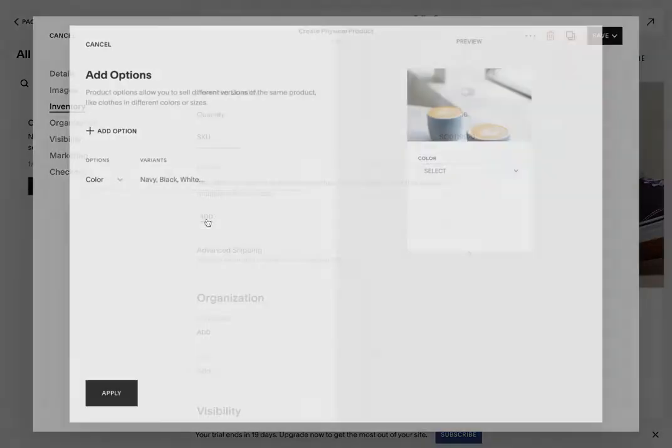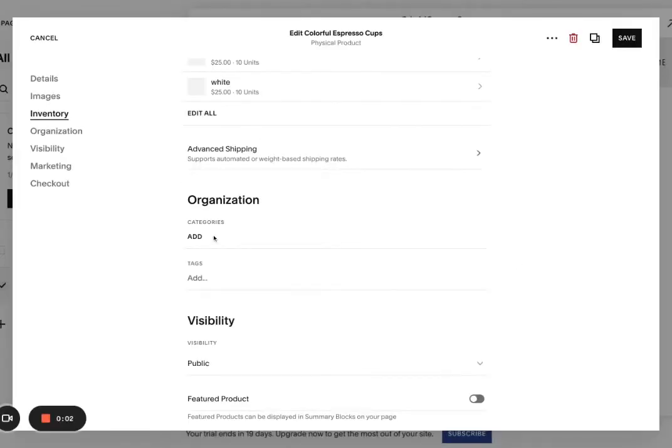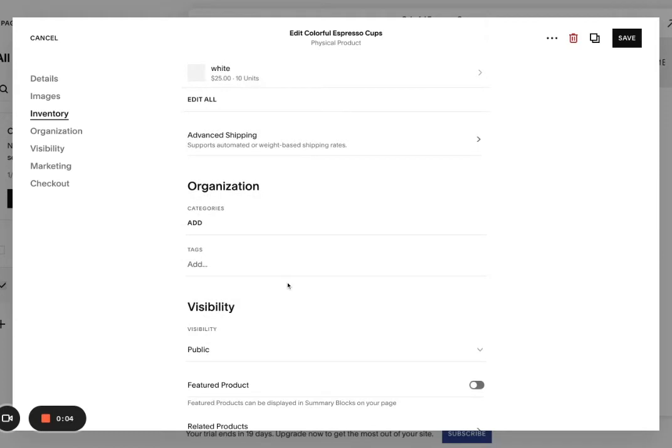So you would create, for example, you would like to categorize them by, depends how many products obviously you have, how big is the variety, but maybe let's do color. So here it would be pink, blue, white, and so on. So the next thing is organization, and here you have options to add different categories or